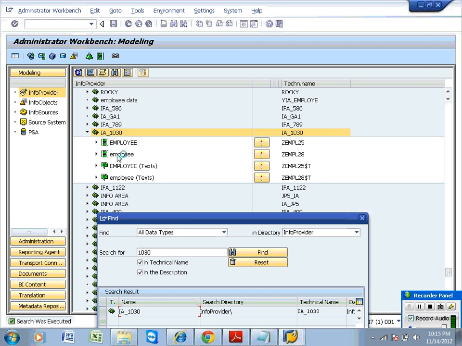See, if you expand this one, you can see update, and you can see the info source information also in